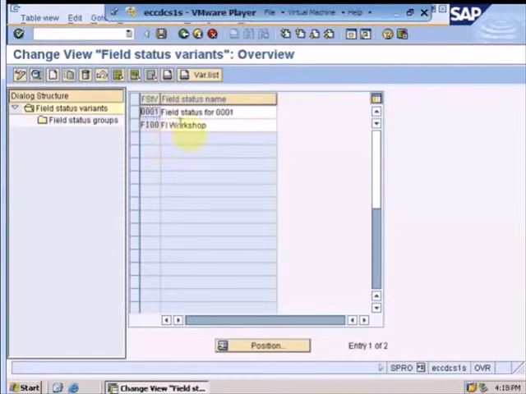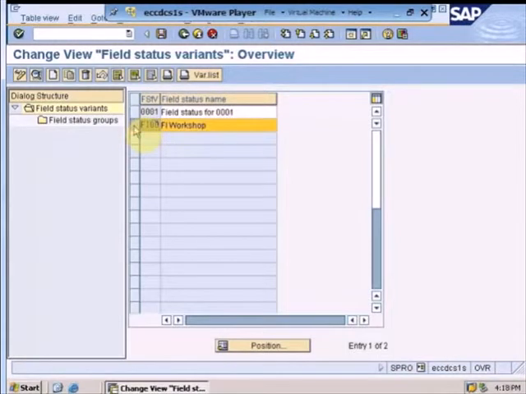As you can see, we have already defined a variant over here with the name of FI Workshop. If I want to create a new variant, by clicking over here I can create a new field status variant, or if I want to copy my existing field status variant, I can just select it from here and copy it. Now that the variant has been defined, the second step is I have to configure the variant.